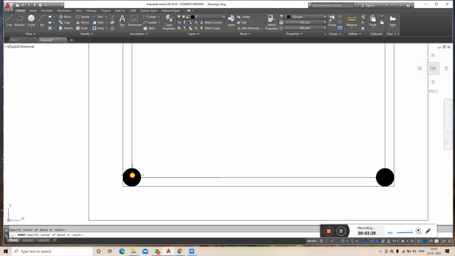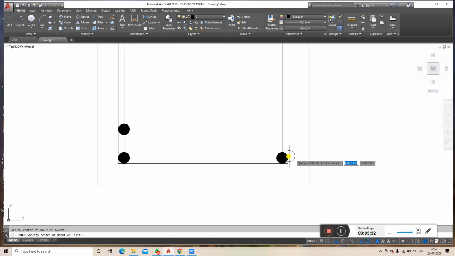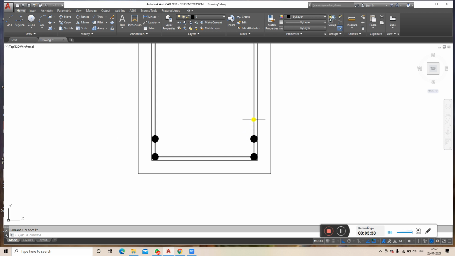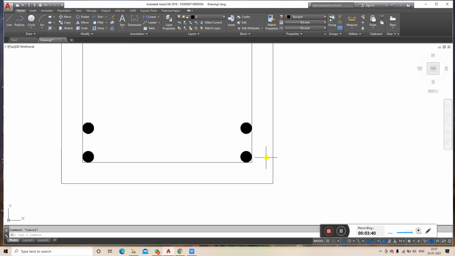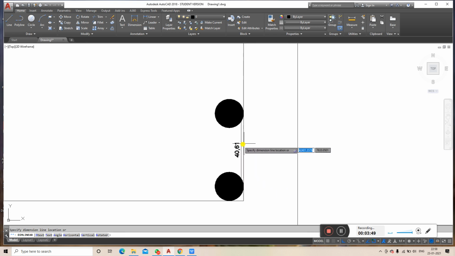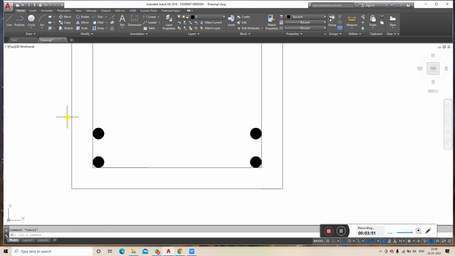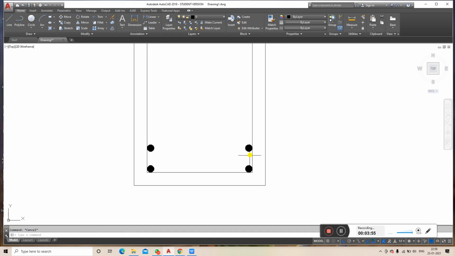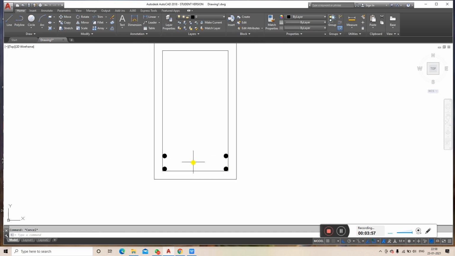Now I'll provide the remaining 2 reinforcement bars a little bit above. The minimum spacing between them: if it is 16 plus 25, there should be a minimum gap of 25 mm. So the gap between 2 layers should be minimum 25 mm.